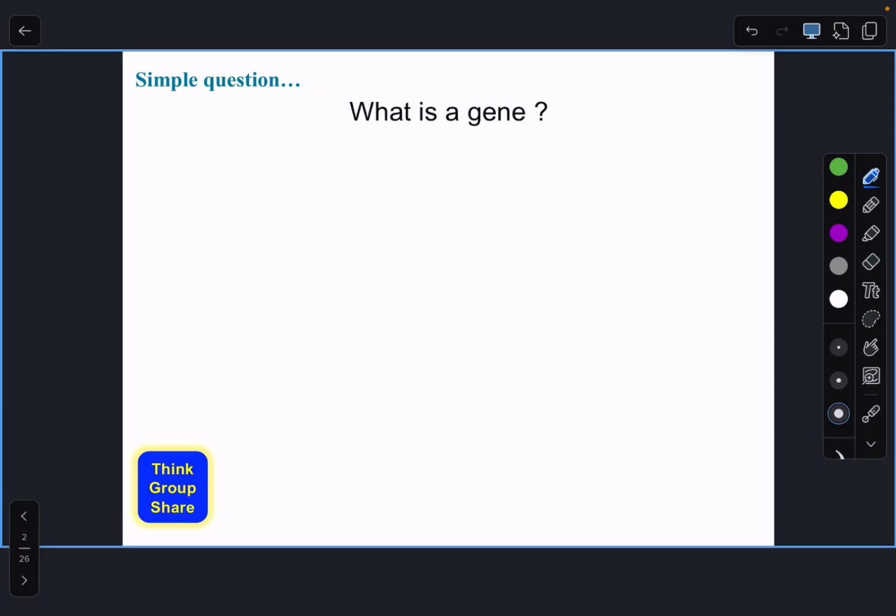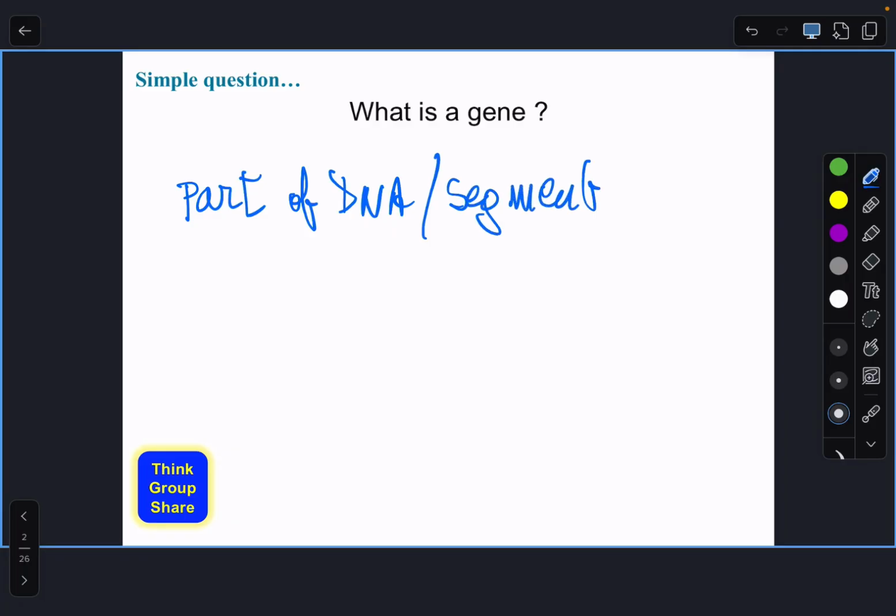A gene, anyone? A part of the DNA strand? Part of DNA. A segment that you're separating to observe? Part of DNA, segment. To observe, that's how or why genes evolved. It's for a specific protein, it's going to be using that. So it's not about us observing these segments of DNA, what function they play, right? And what is the function of a gene? Code for protein, so code for protein.